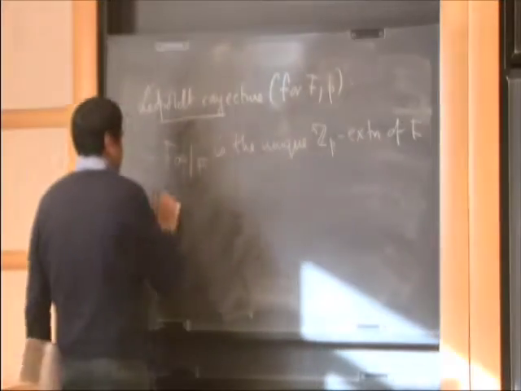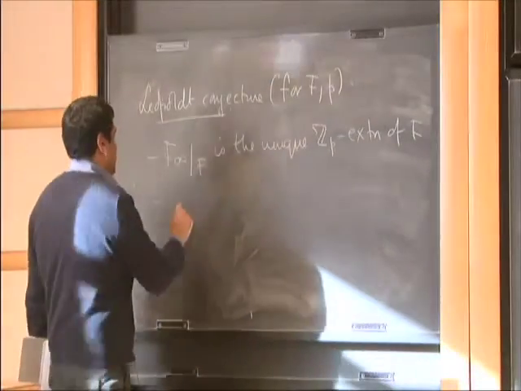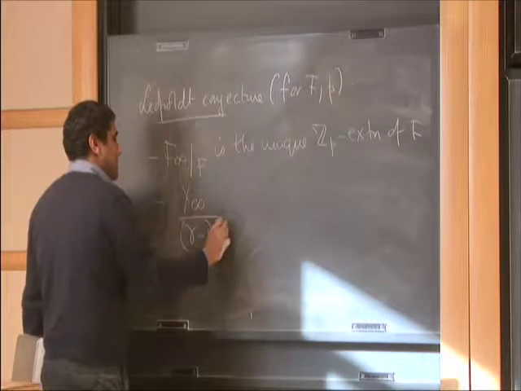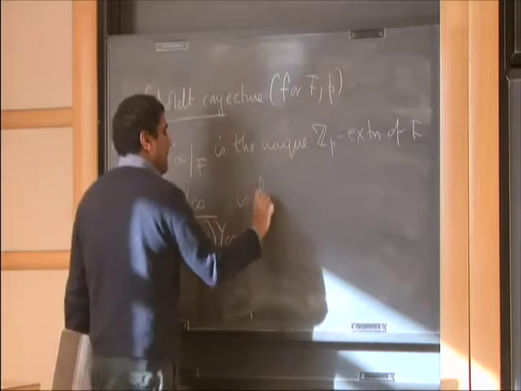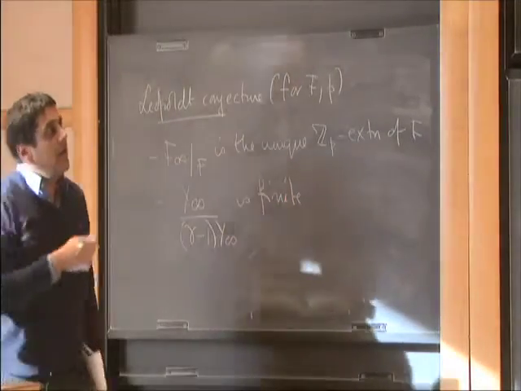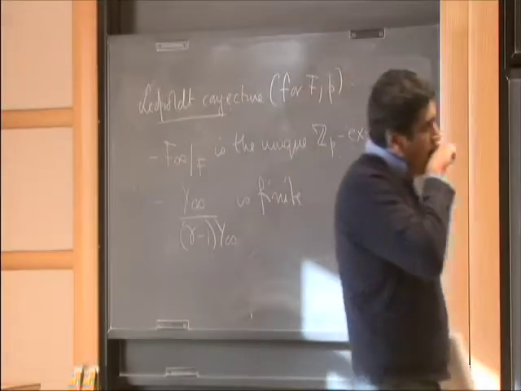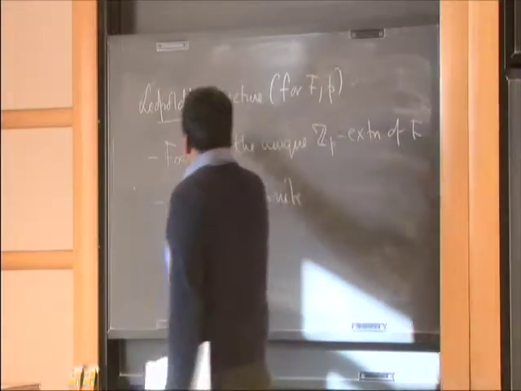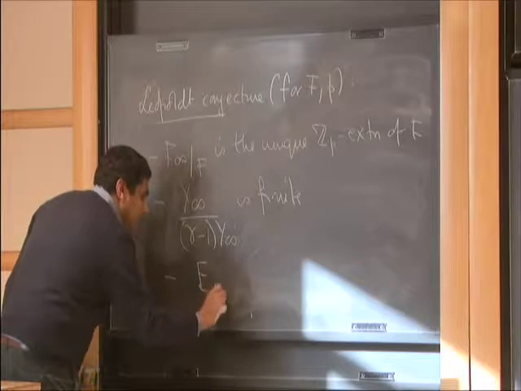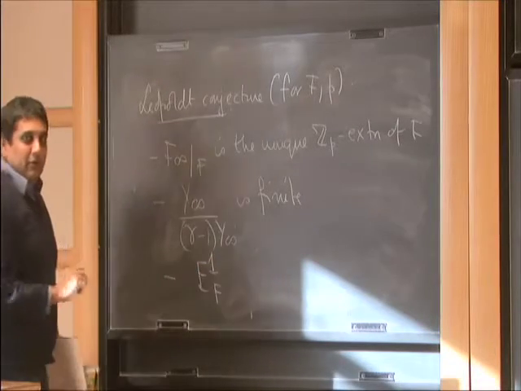Another way of saying it in this notation I've introduced is that the group Y infinity over gamma minus 1, Y infinity, is finite, which is basically a rephrasing of this first condition. And what else? The more traditional way Leopoldt stated the conjecture is that if you look at the units of F and look at those which are congruent to 1 modulo all the places above p,